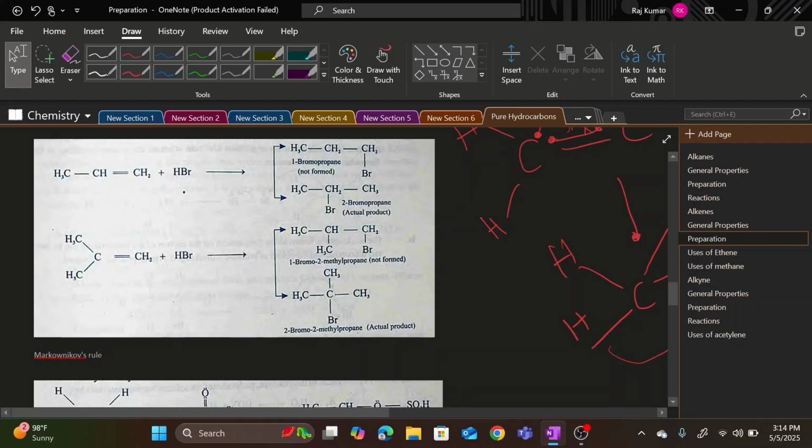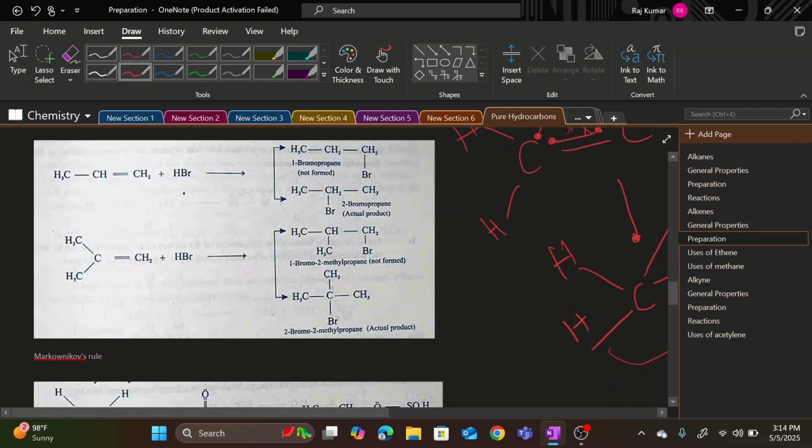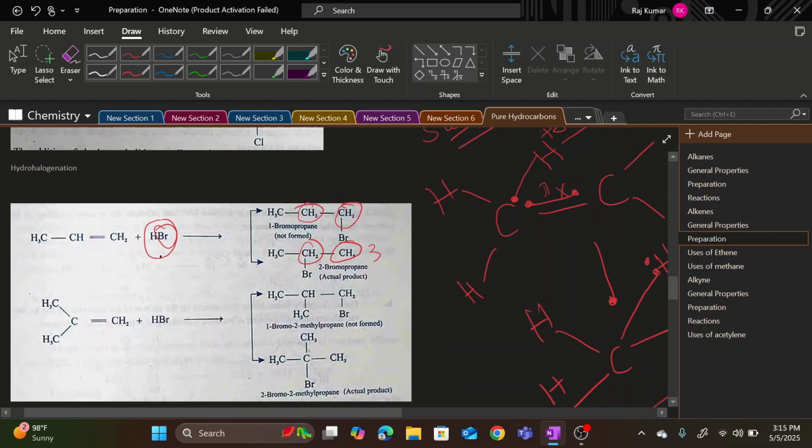For example, if you just look here, this is hydrogen bromide reacting with an unsymmetrical alkene. Then we might think that the nucleophile bromide would be added on the first carbon, but it would not be added on the first carbon. It would rather be added on the second carbon. The reason is that the second carbon has fewer hydrogen atoms than the first carbon. The first carbon already has 3 hydrogen atoms, so we cannot add it on the first carbon. We'd rather add it on the second carbon because of fewer hydrogen atoms. So this is the essential concept.